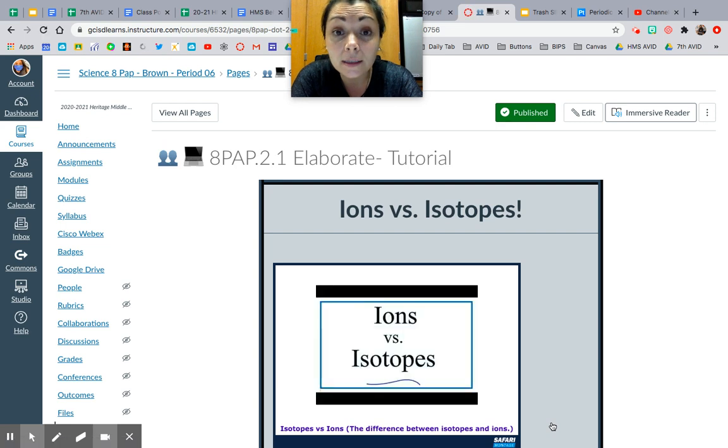So an ion is when you have an element or an atom that has gained or lost electrons. So an ion is not a typical atom because remember, atoms typically have a 0 charge. Because if you have 3 plus protons and 3 minus electrons, bing, 0. So an ion is a charged atom because you've either gained electrons, which is actually going